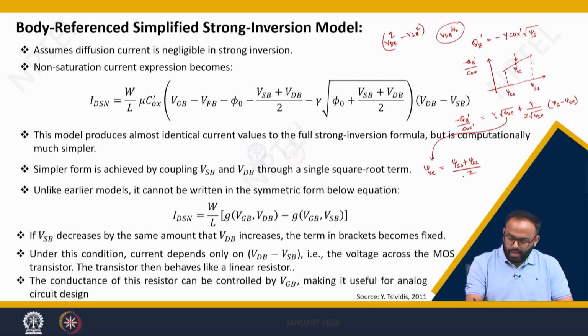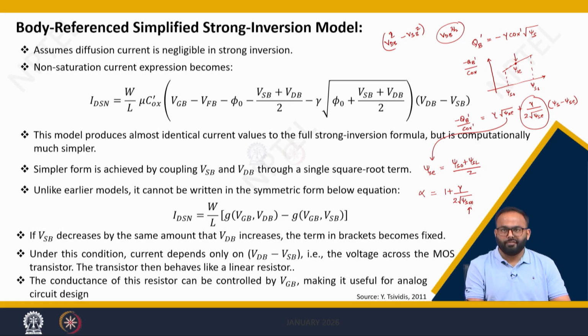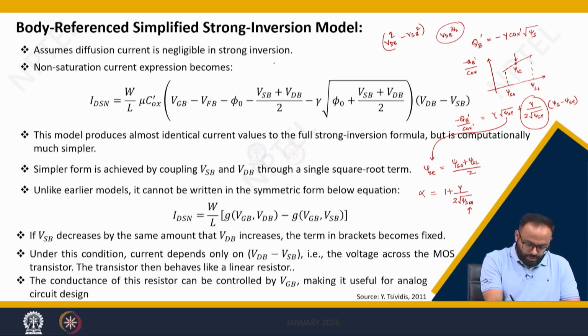This is what we derived for a body reference model, and this factor is also defined as alpha, where alpha is equal to 1 plus gamma divided by 2 times psi s m. Here m stands for mean or average, which was taken for body reference. By following this analysis, we also derived the current equation in strong inversion, which was the drift dominant equation, which is